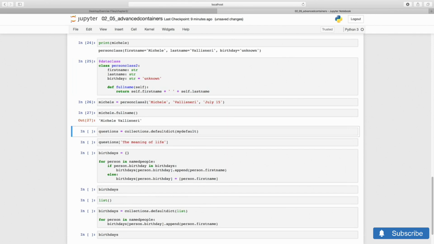Data classes have many other useful features, such as freezing, disallowing modifications, ordering, allowing the comparison of class instances, defining data classes by inheritance, and a lot more. So I encourage you to learn more about them if you are somewhat familiar with object-oriented programming, and specifically classes in Python. I will move on to a last topic about data structures in Python.